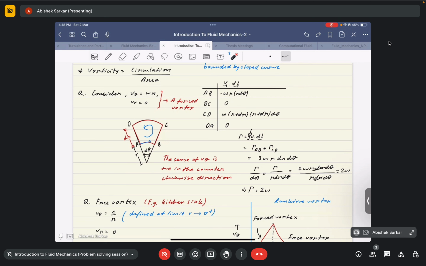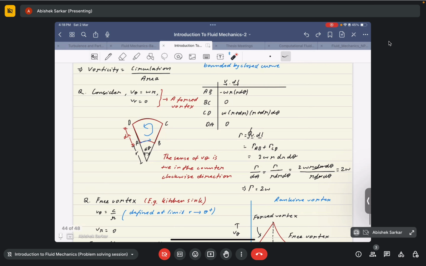If Vr was non-zero in this case, then it would have had a non-zero circulation, but since Vr is also 0 and v theta is perpendicular to BC, the net circulation, that is V dot dl along BC, is equal to 0. Similarly, since we are now considering CD, again we will consider the velocity component to be along this direction,